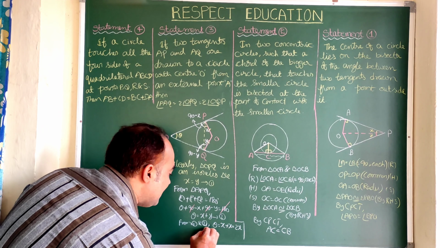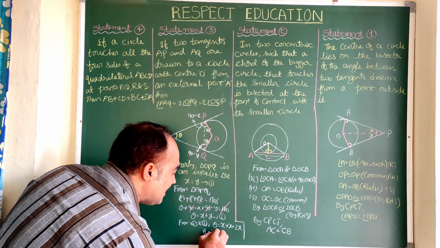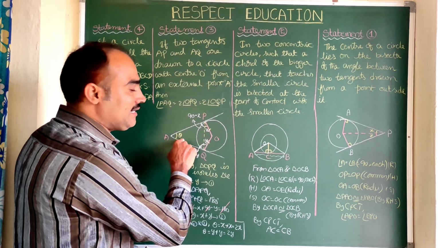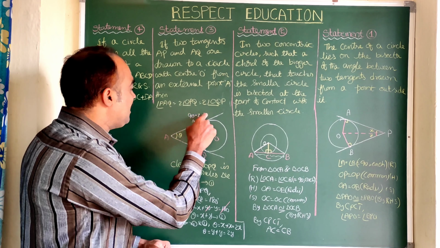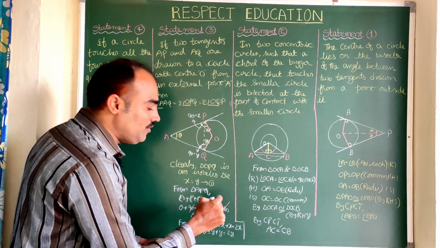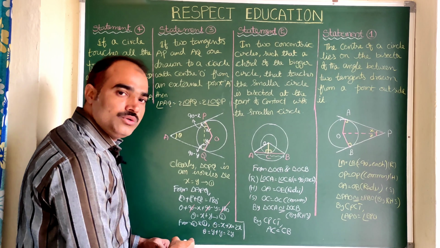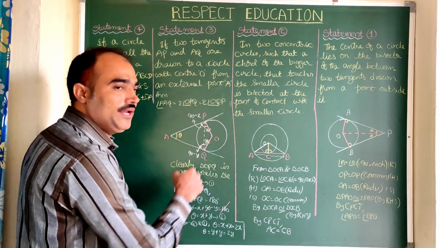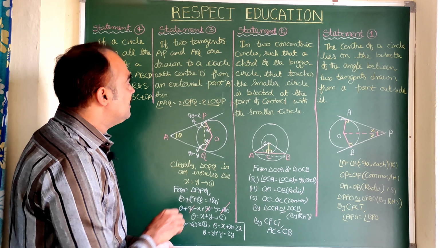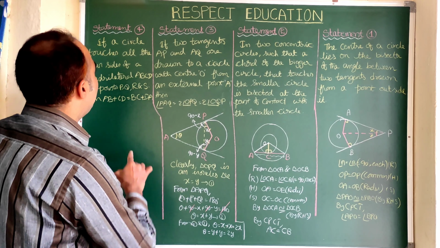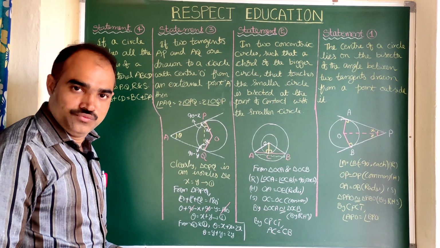Similarly, theta is equal to, in place of x, let us write y, y plus y, which is equal to 2y. Here you see theta is equal to 2x, meaning angle PAQ is equal to 2 times angle OPQ. This is what was proved here. Same way, theta is equal to 2y, meaning angle PAQ is equal to 2 times angle OQP. So with this, statement 3 is also proved. Now we enter statement 4.